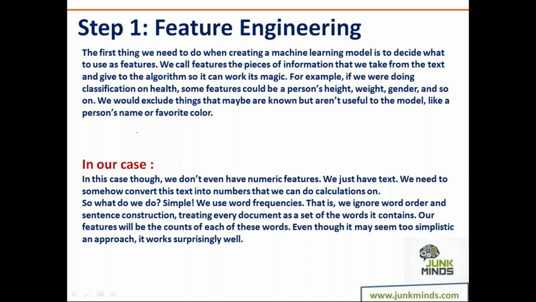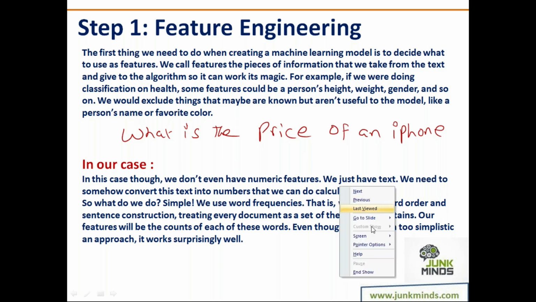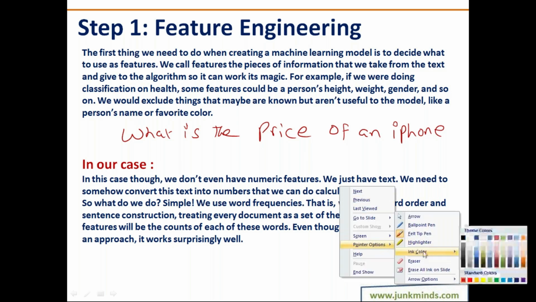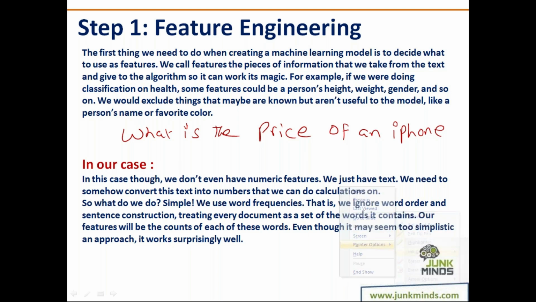Suppose if I tell you, what is the price of an iPhone? Suppose this is the query that I'm putting in for Google. See, now what Google does is Google will obviously look at the words and try to understand what it is that I'm trying to search, or what it is that I'm looking for. Now guys, observe this. The word which is important is what. See, words like what, where, which, how to, these are important because that will define the things that you select.